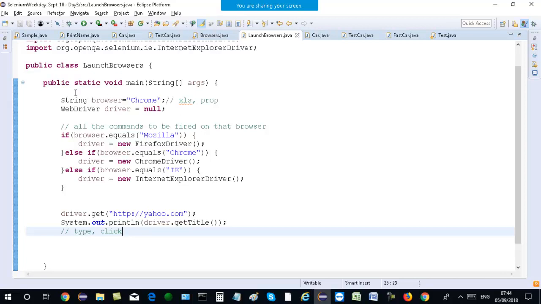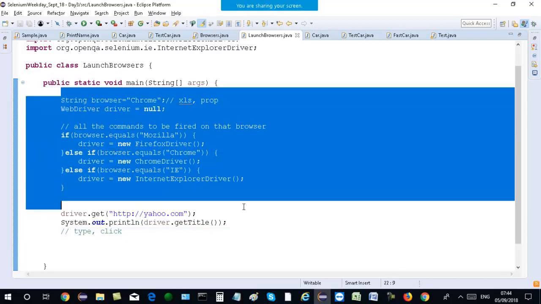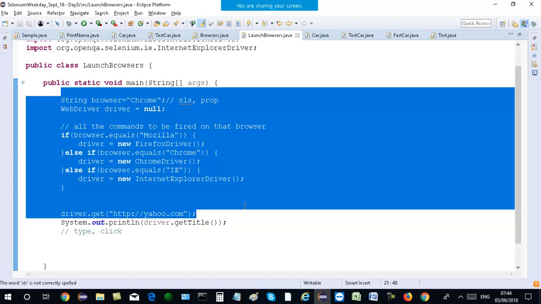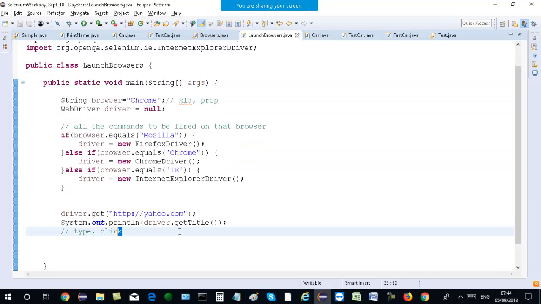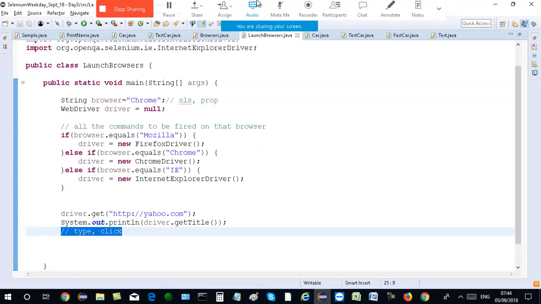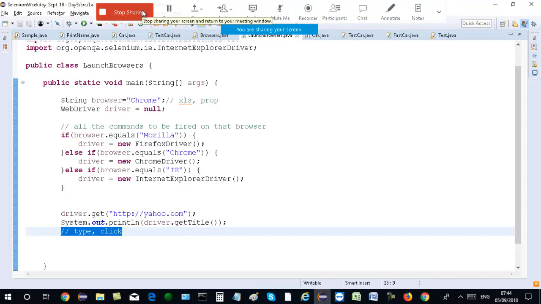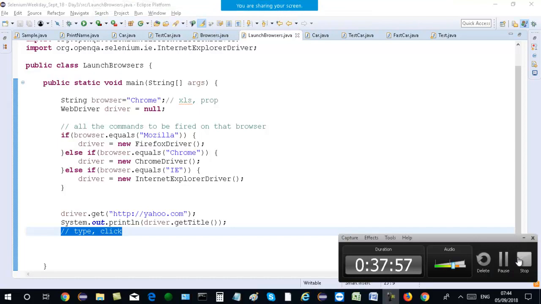Once you have dynamically launched the browser, you have created the objects, you have reached the website, now you need to interact with the elements of the site. So how do I do that? We will take that tomorrow. In tomorrow's class, I'm